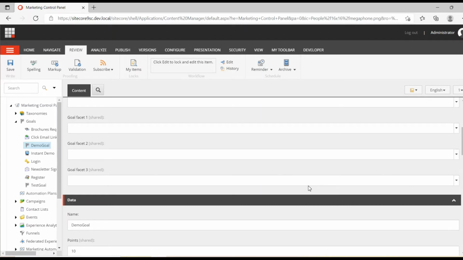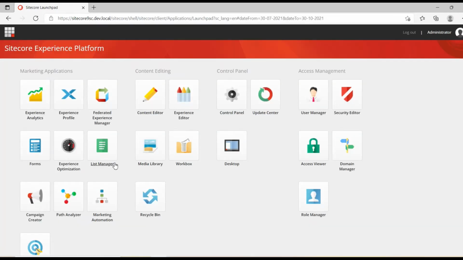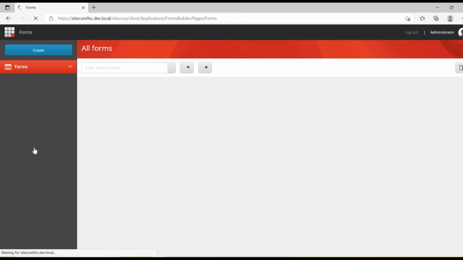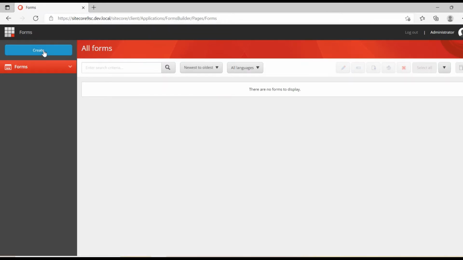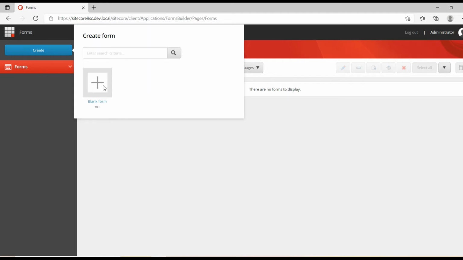The demo goal is ready, so I'm going to my launchpad. I'm going to create a new form, sorry, new Sitecore Forms, since I'm using Sitecore 9. So I'm creating a new blank form.